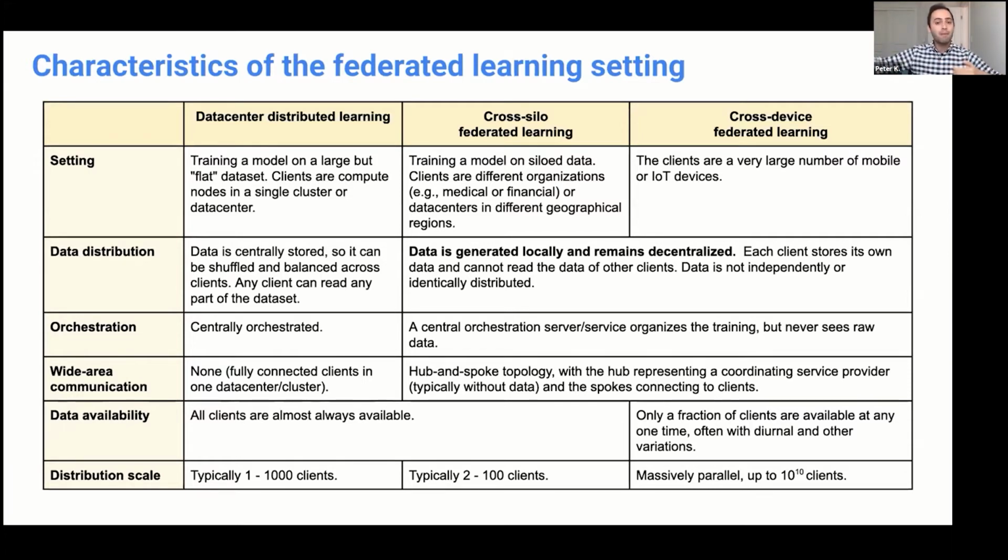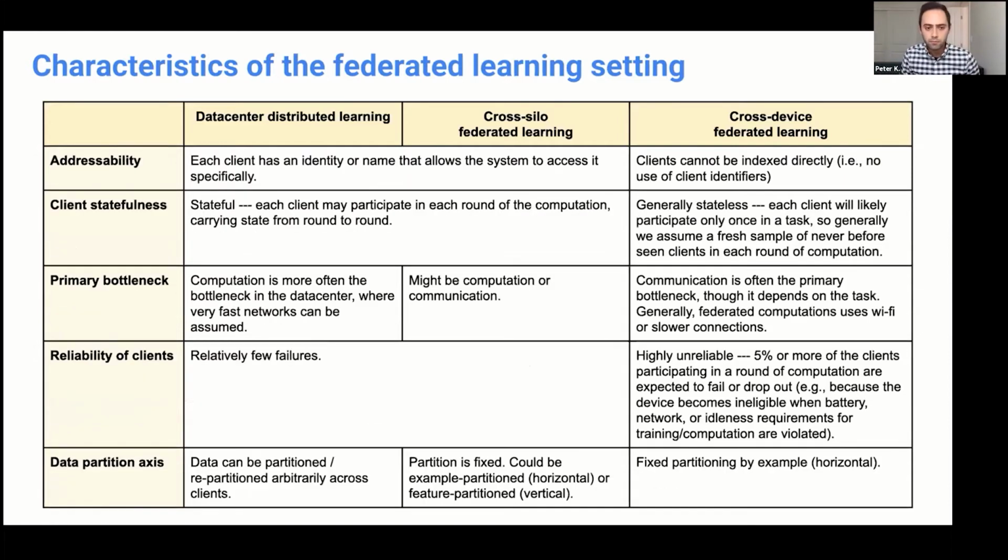We have many users, and each user can possibly have very few examples. And that leads to, again, a very different optimization dynamic, which we're going to talk about. The idea of possibly keeping track of a state on the client, and if that client participates in multiple training rounds, fetching that state and building on that state to do some local computations, that's very difficult in federated learning.